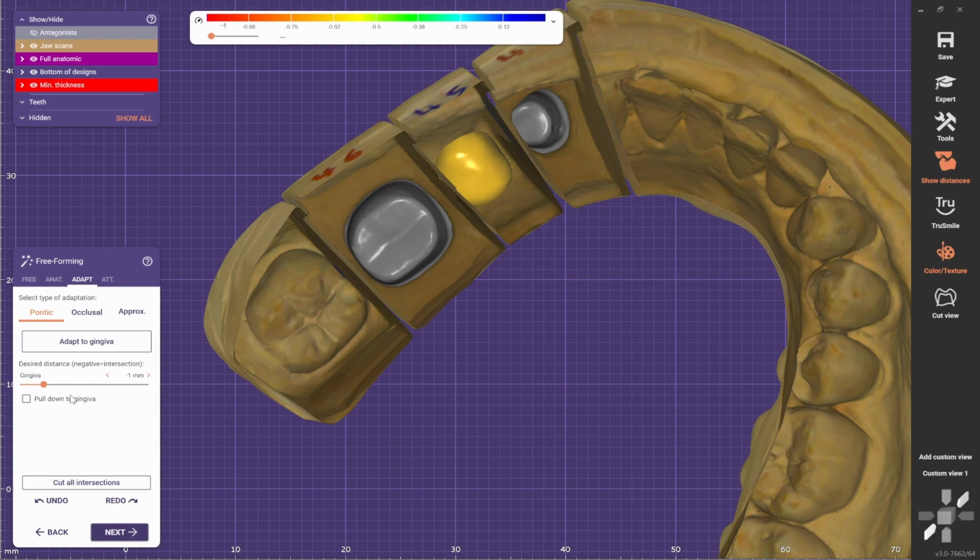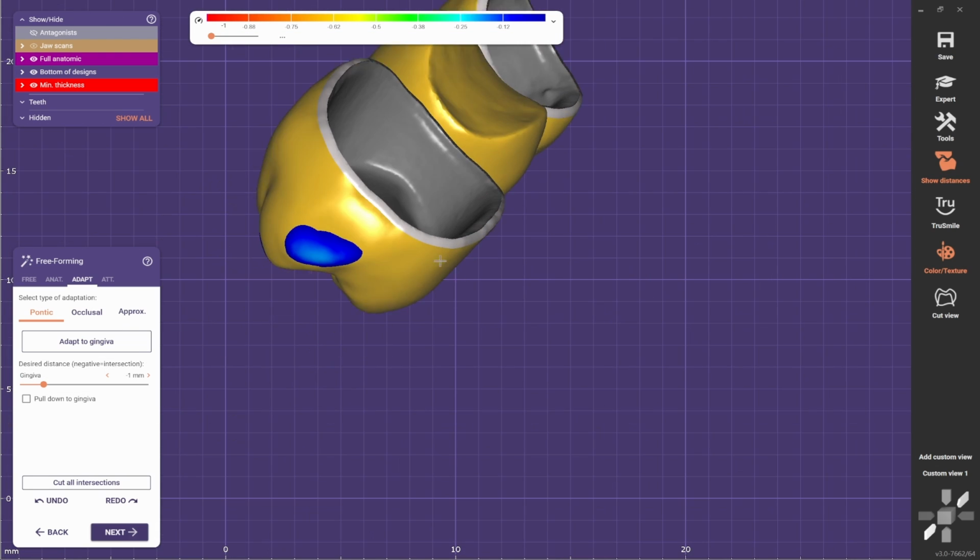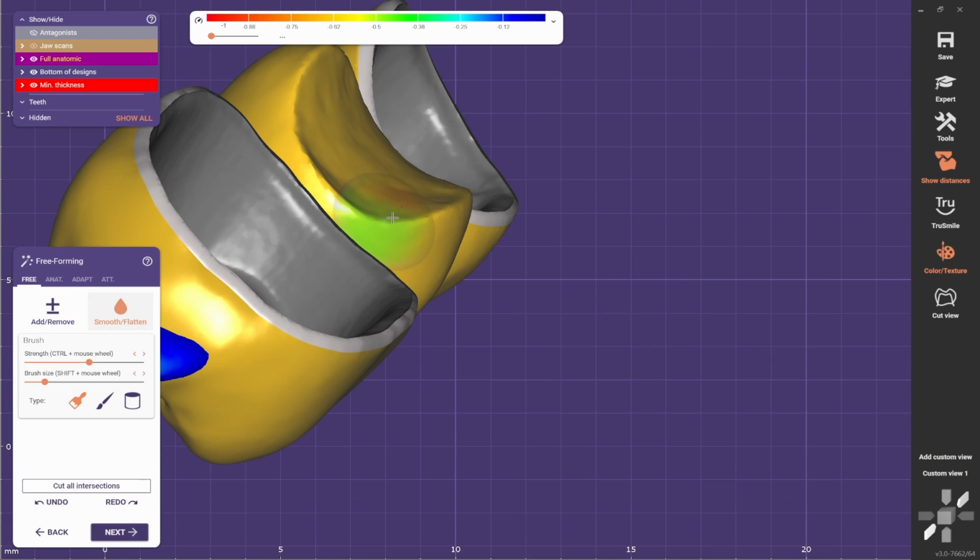So we go to Adapt tool. We already have selected what we selected in the last video, which is -1mm, so we do the same here, adapt to the gingiva. It's going to look concave. We never want pontics to be looking like this. So I'm going to flatten the lingual side